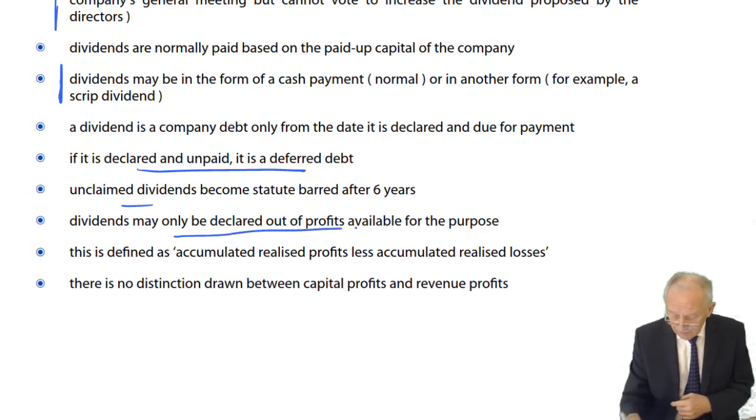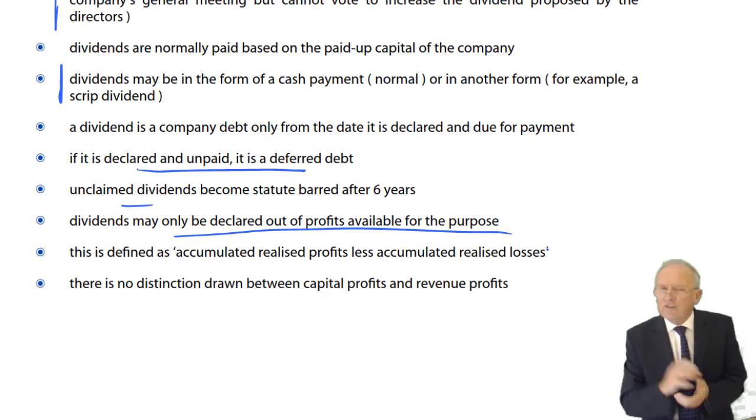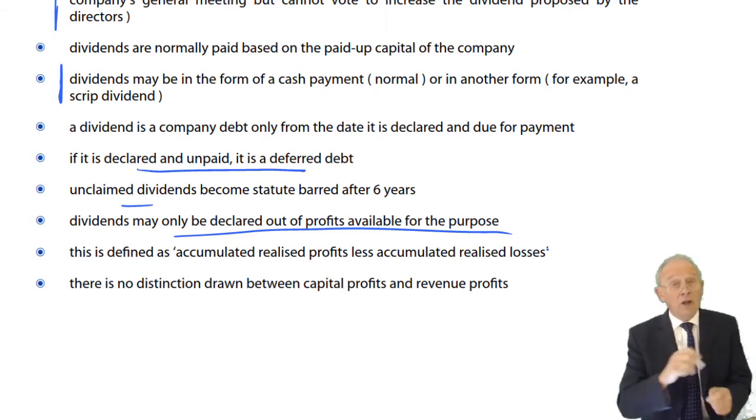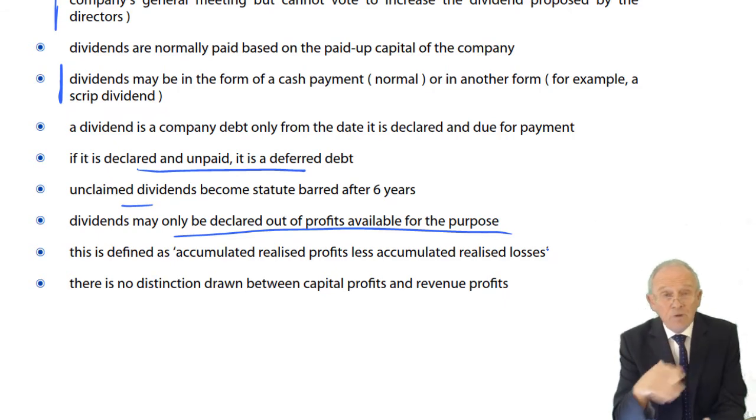Dividends can only be declared out of profits available for the purpose. This is a short form definition, which is all you'll need: accumulated realized profits, less accumulated realized losses. And no distinction is drawn between capital profits and revenue profits. So if we don't have any profits